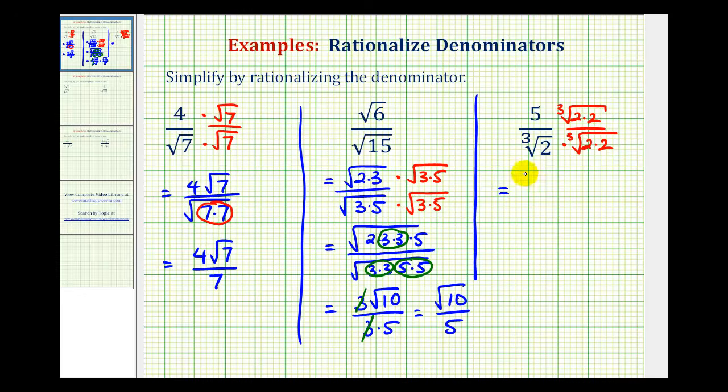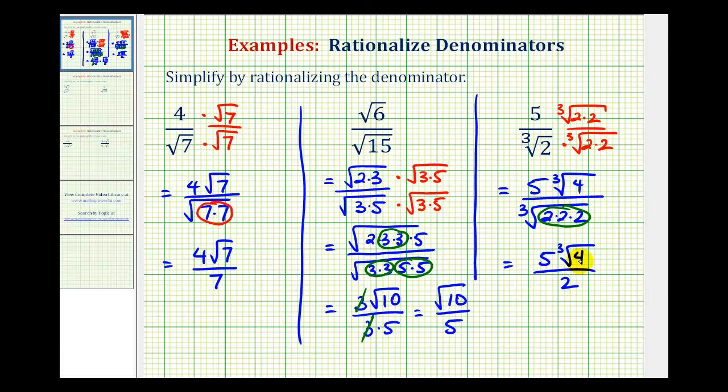So now the numerator is going to be 5 times the cube root of 2 times 2, or 4. The denominator is now going to be the cube root of 3 factors of 2, which is a perfect cube. So now we're left with 5 times the cube root of 4